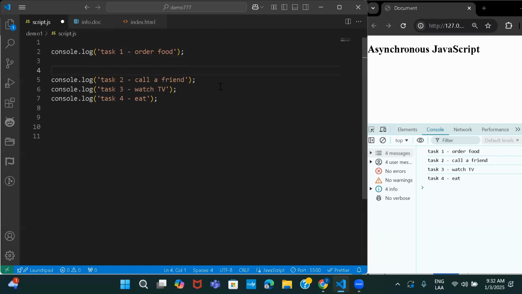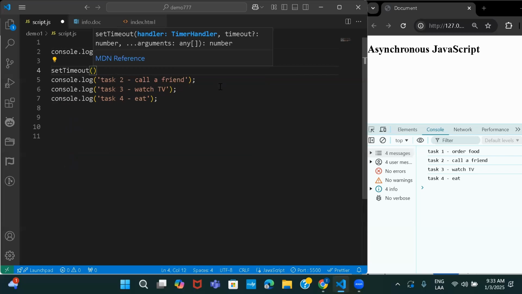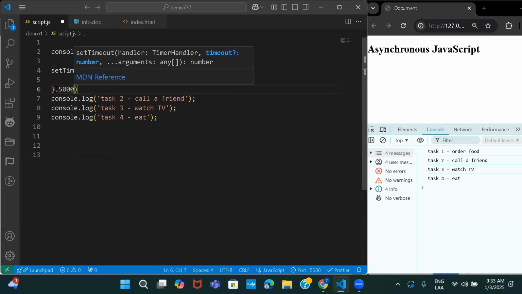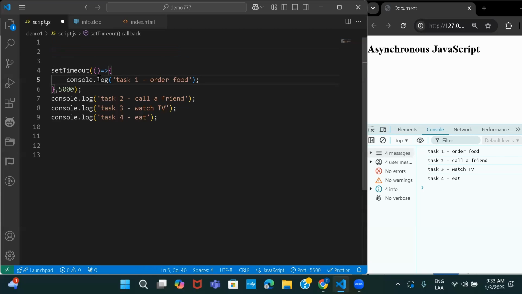To write the setTimeout method, we write setTimeout, and then here we are going to write a callback function. So we'll use parenthesis and then a fat arrow, and inside this we first have to pass a time. Let's say I'm going to give 5 seconds, that is 5000 milliseconds. All right, and then inside this I'll put my task 1. So what will happen now? If I save this, you see task 2, 3, 4 got executed, and then task 1 got executed after